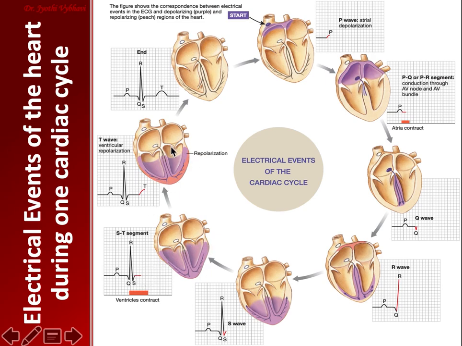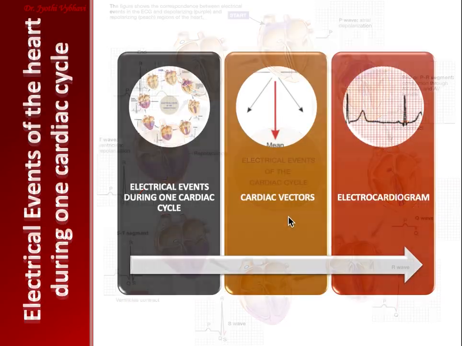Then the ventricle repolarizes from outside to inwards. It is a slow wave compared to the ventricular depolarization, a slow moderate velocity. The T wave is slow, and it is also positive. So we can represent the entire electrical activity as the PQRST complex. This is the summary of the electrical events and the vectors.